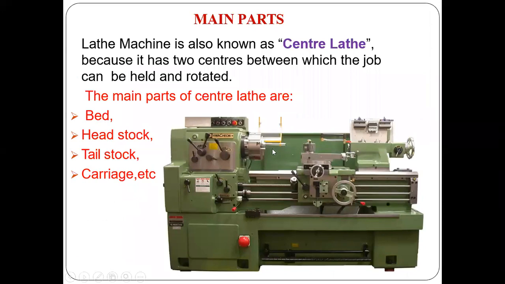Whatever the material, the unwanted material is there, so it is removed by this. The cutting tool is sitting on a carriage. These are the four important parts of any lathe: one is the bed, one is the headstock, one is the tailstock, and one is the carriage. This is the carriage, the center portion. The extreme left portion is the headstock, the extreme right portion is the tailstock, and the base of the lathe is your bed.